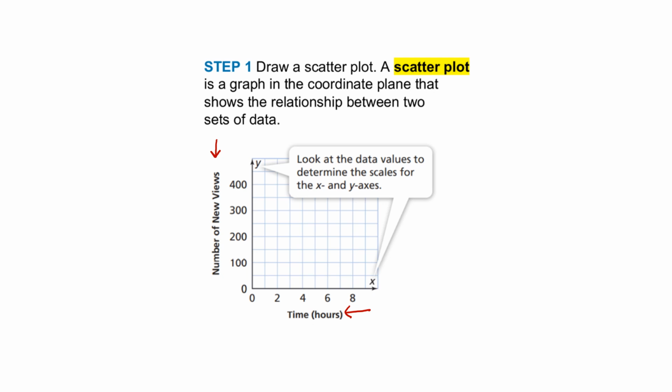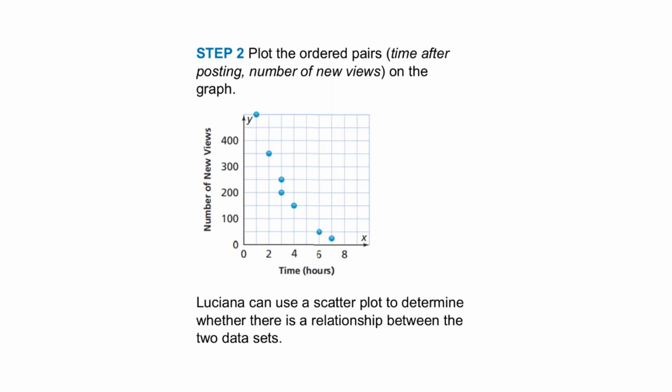She counted hours, 0, 2, 4, 6, and 8. She counted number of views as 0, 100, 200, 300, and 400. Step 2. After drawing the graph and labeling the axes and the values, step 2 is to plot the ordered pairs. So just taking the numbers from the table and plotting them on the graph. So she plotted each of those points and came up with the following image. And it says Luciana can use a scatter plot to determine whether there is a relationship between the two sets